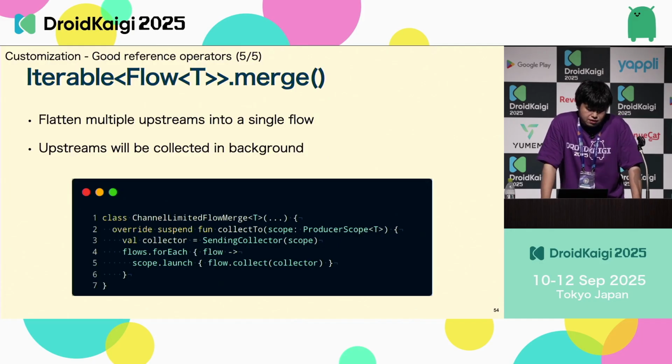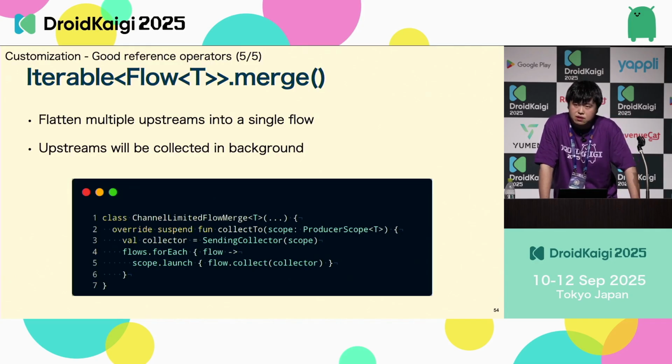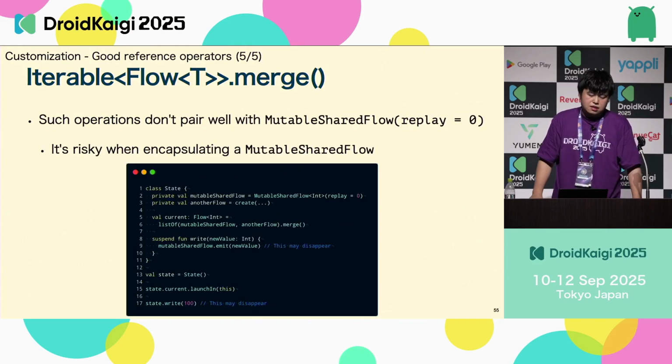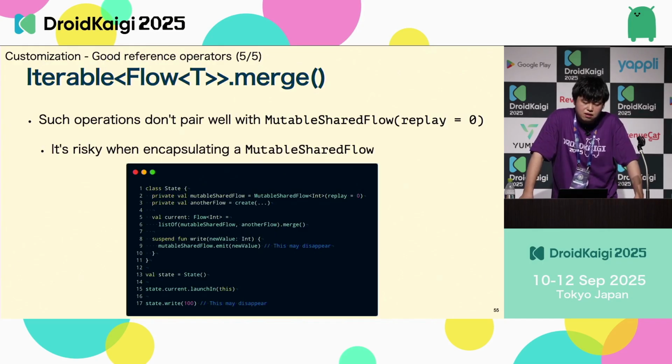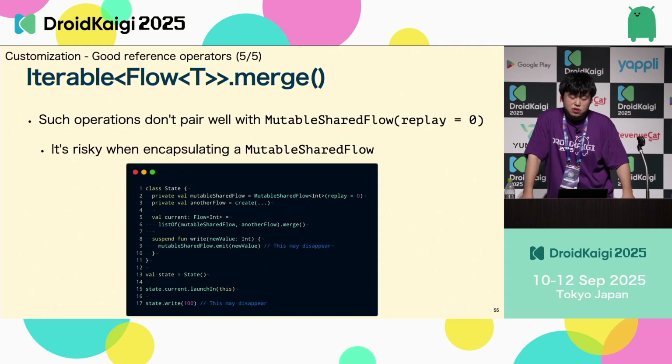The last operator is a merge operator. This flattens the collection of flows into one flow, but this shows that we need to be careful about when to collect upstreams. Each upstream will be collected in a background job, so such operations may not work well with zero-replay mutable shared flow. Let's say you have a class that encapsulates a mutable state flow and its subscription